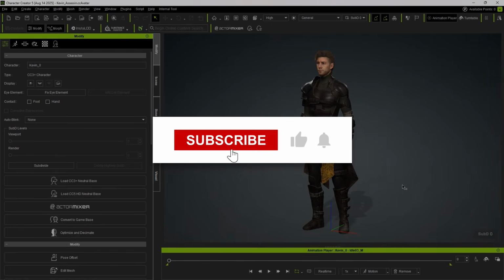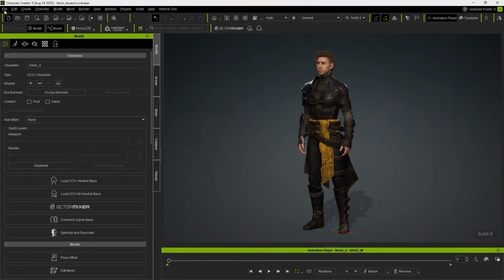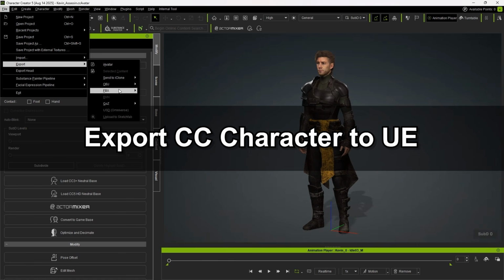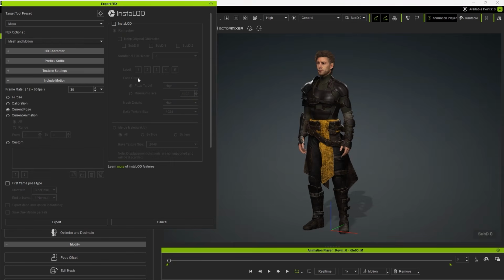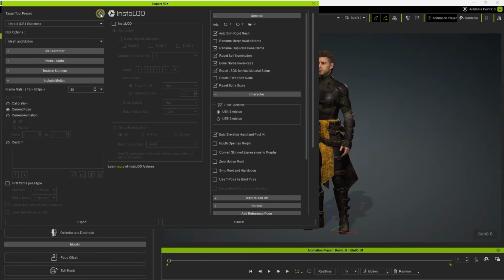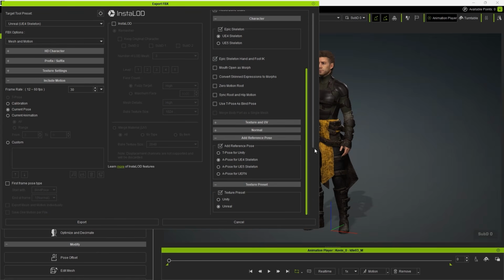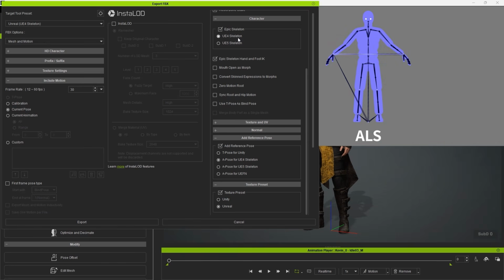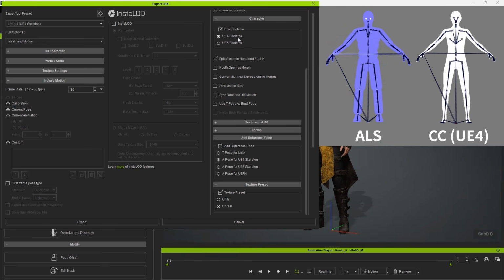Either launch Character Creator 5 or 4.6 and start with your game character loaded in the scene. Open the Export FBX menu and set the Target Tool preset to Unreal UE4 Skeleton. Then expand the Advanced settings. With this preset, the Epic skeleton is automatically assigned as the UE4 skeleton, which matches the skeleton used by the